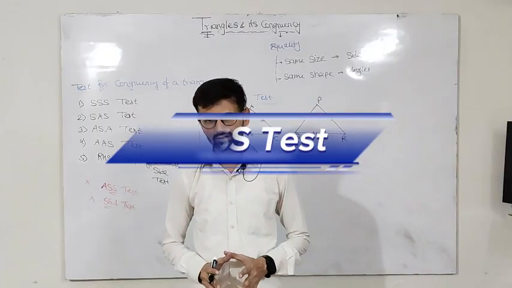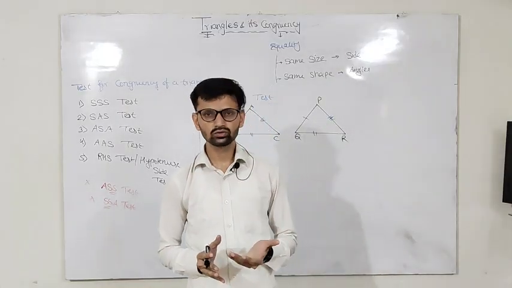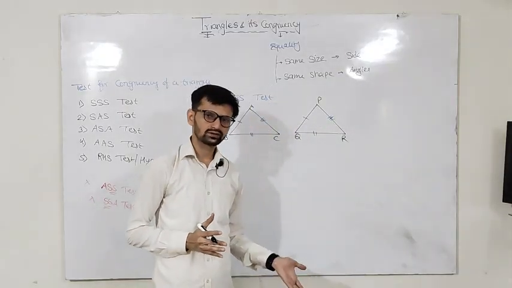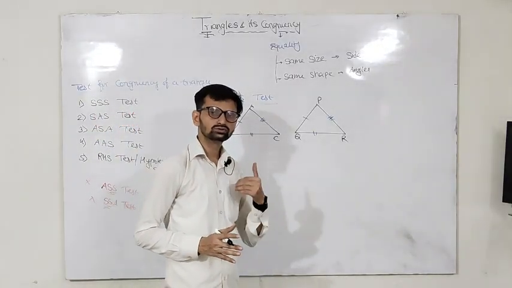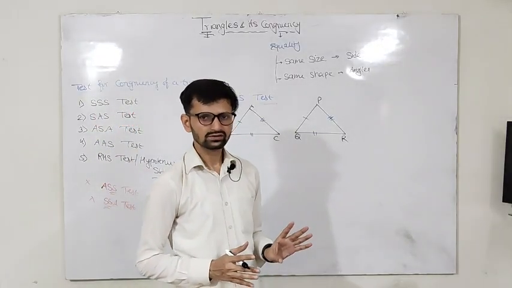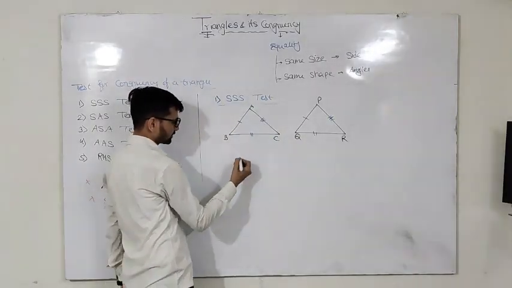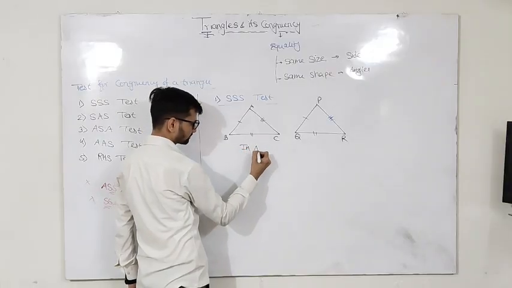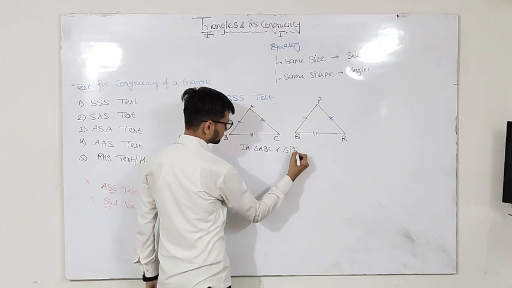In SSS test, if all the sides of the first triangle are congruent to all the sides of the second triangle, then these two triangles are said to be congruent. No need to check for the angles, they will be automatically equal. How we can prove that? Suppose in triangle ABC and triangle PQR,